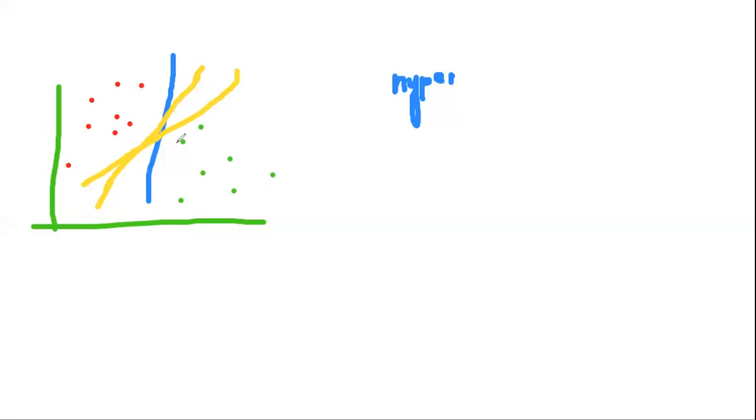If you consider this line, it is somewhat closer to this point, and somewhat far away from this point. After that, if you measure the distance with this point, the very close point to this line is this one only. If you consider the same point, for this point we have this much distance here, and some far away distance here.